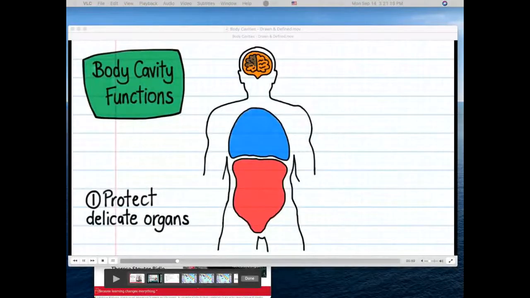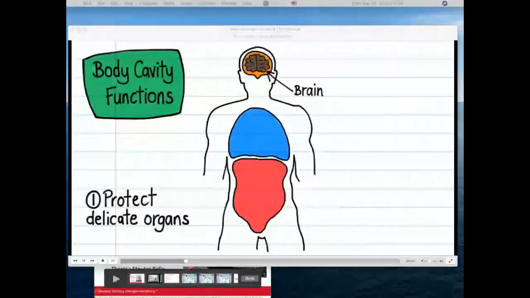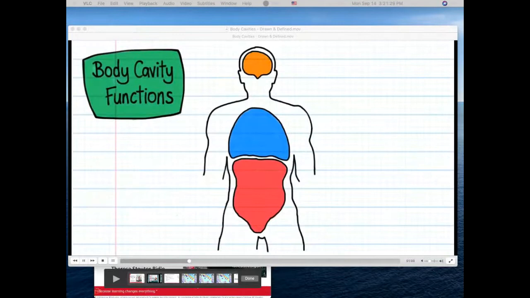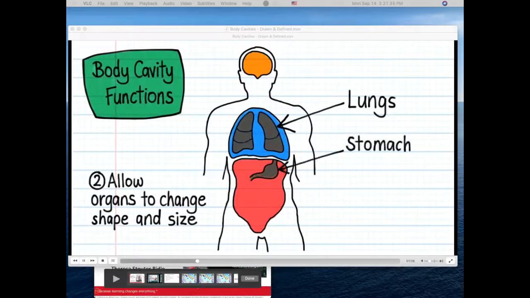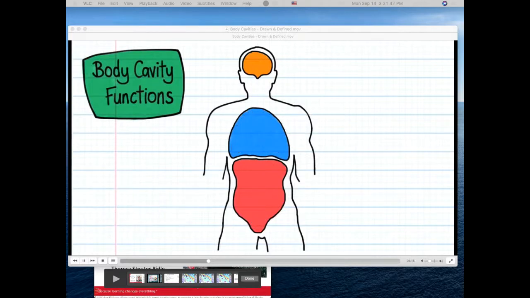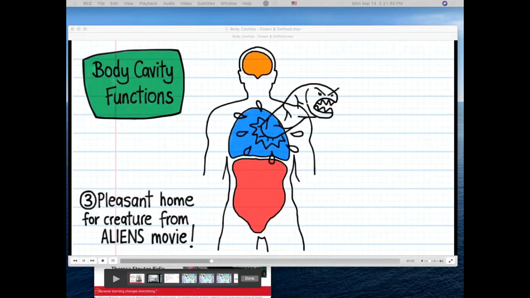Firstly, they protect delicate organs, like for example the brain, from bumps and shock when we walk, run, and jump. Secondly, cavities allow internal organs to change shape and size. For example, our lungs, stomach, and bladder can all expand and contract because they sit inside cavities. And lastly, body cavities provide a warm, nurturing space for foreign creatures to implant into, just like in